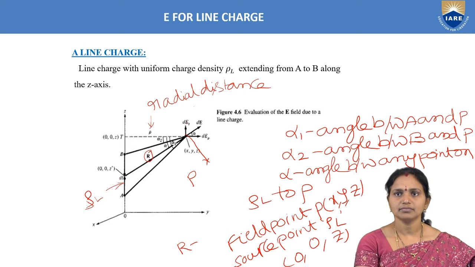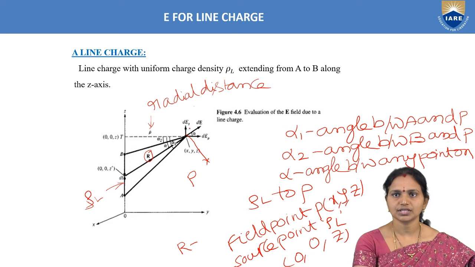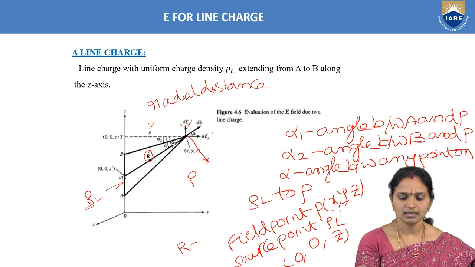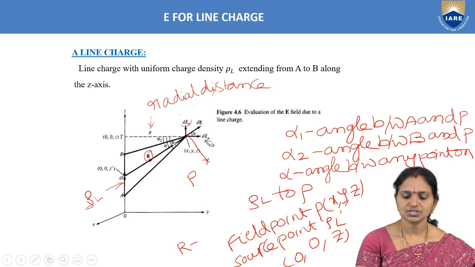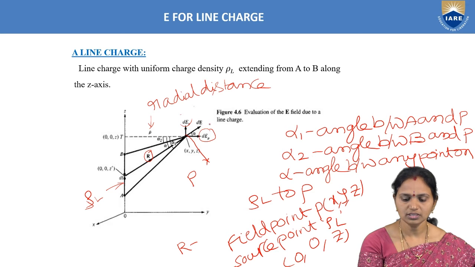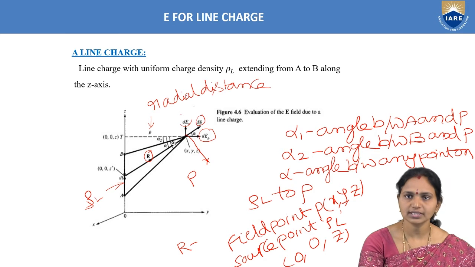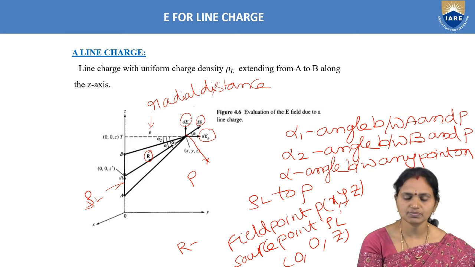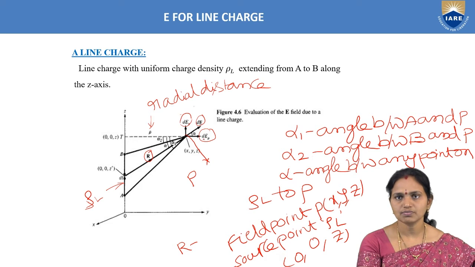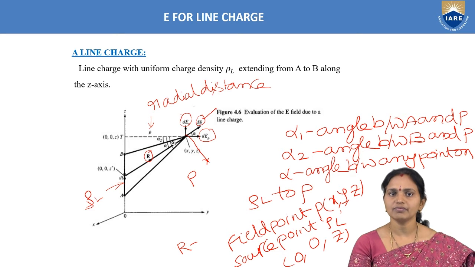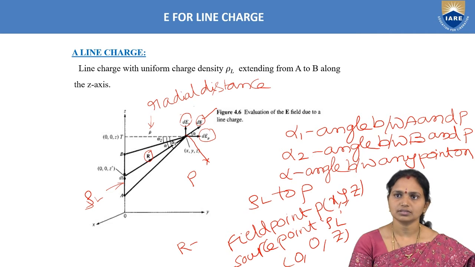Now here we have three field components. The electric field strength component we can calculate in these directions: dEz and dE rho. dE rho is the field strength along the rho direction. Then dE is the total field strength value. dEz is the field strength along the Z axis. This dEz component is parallel to the Z axis and dE rho is parallel to the radial distance. By calculating this dE diagonal component, we can get the total electric field strength.